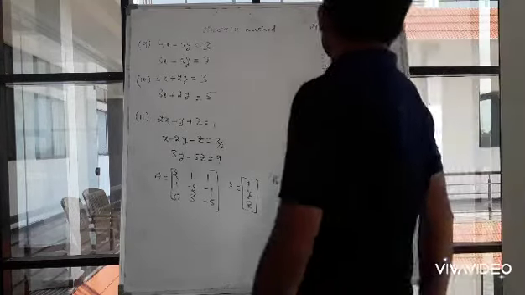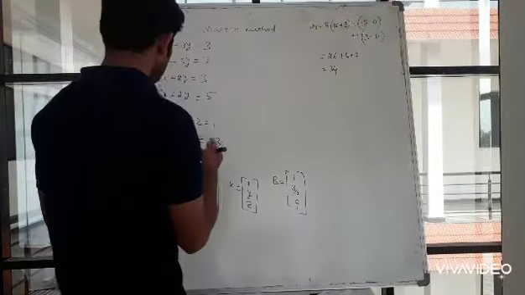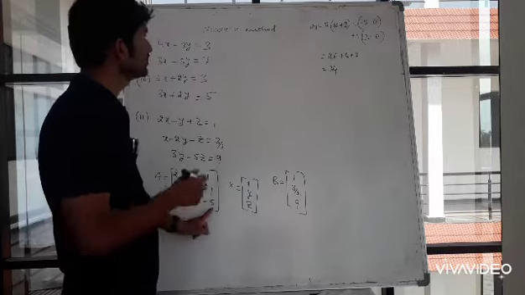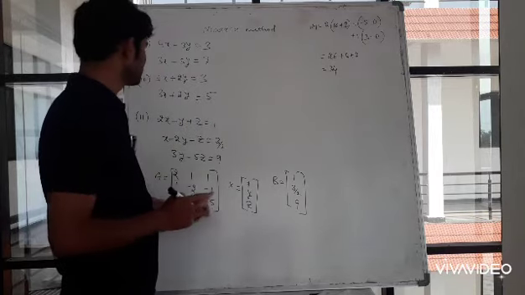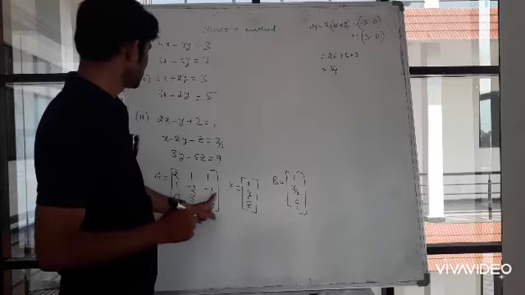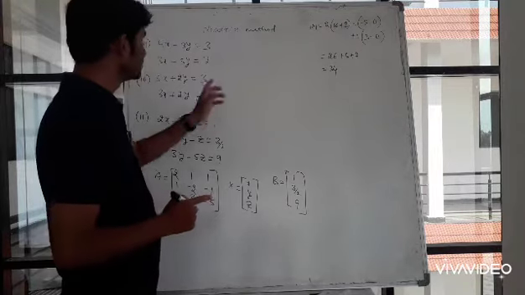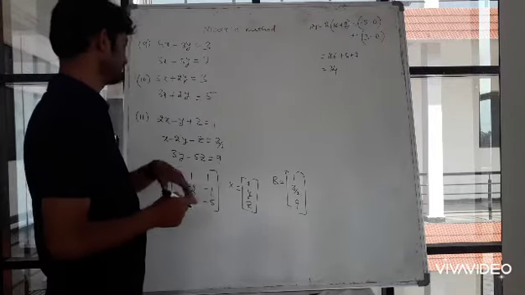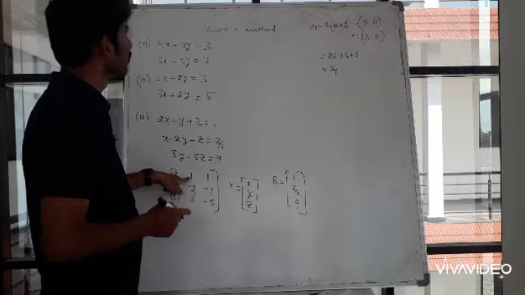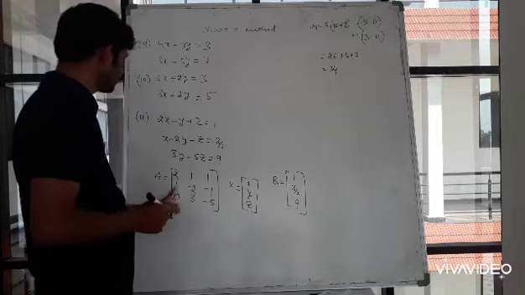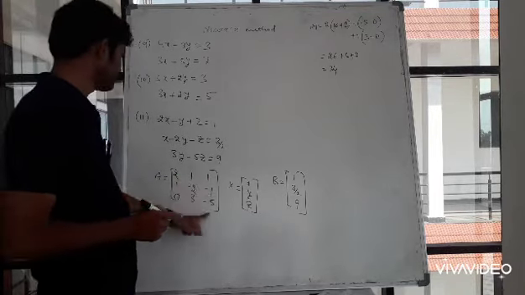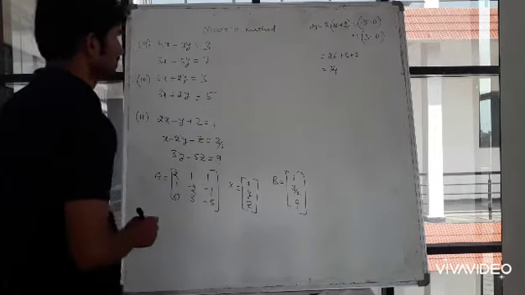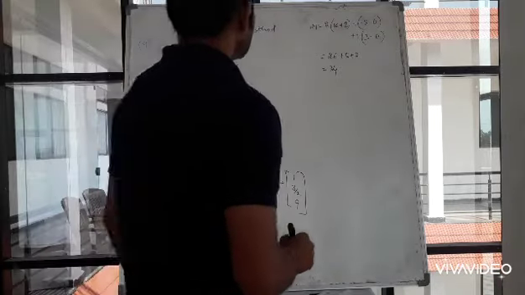Okay, 34. Just one more time you check that. Cross verification: 2 minus 2 into minus 5 plus 10, minus minus plus 3 into minus 1 minus 3. Before minus there will be minus, so minus minus plus, we will get plus 3. Then 1 minus 1 into bracket minus 5 minus 0, then plus 1 into bracket 1 into 3 minus 0. Okay, right. 34 is there, which is not equal to 0.